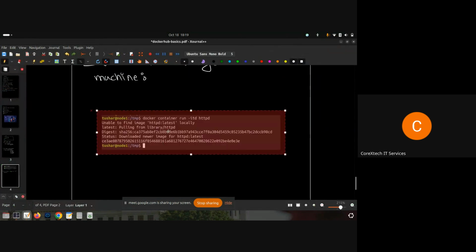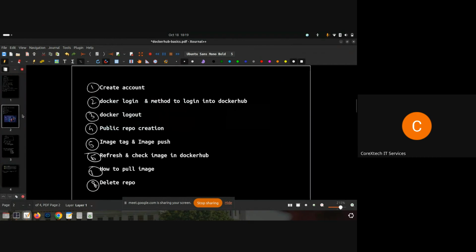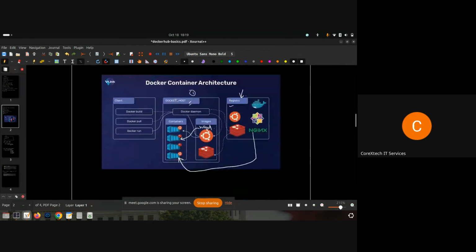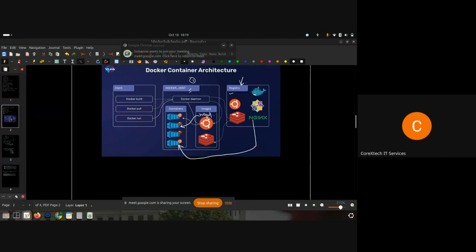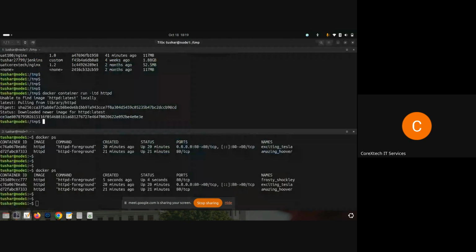So in this case, referring to our image, what happens? We deleted this image from our host. Now we want to run the same HTTPD container. So we know this image was already available here because we previously pulled the same image from the Docker Hub. So now if we run the container again, it will pull the image and spin up a new container. So this is the scenario, and that's why we can see here